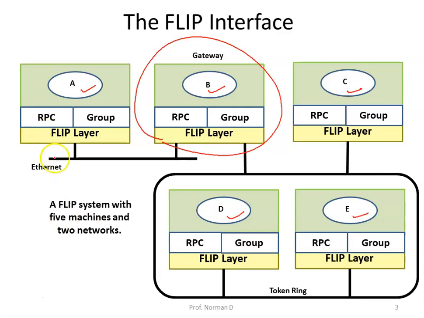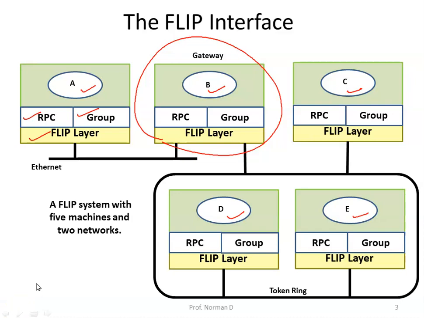Now the kernel contains 2 layers. The top layer handles calls from user processes for RPC or group communication, and the bottom layer handles the FLIP protocol. For example, when a client calls the trans function, it traps to the kernel. The RPC layer examines the header and buffer, builds a message from them and passes the message down to the FLIP layer for transmission.